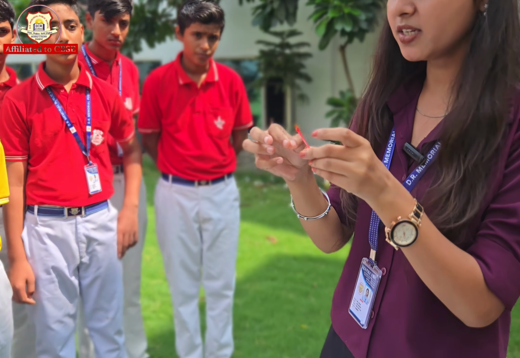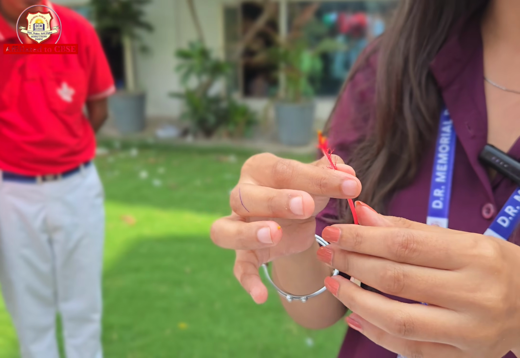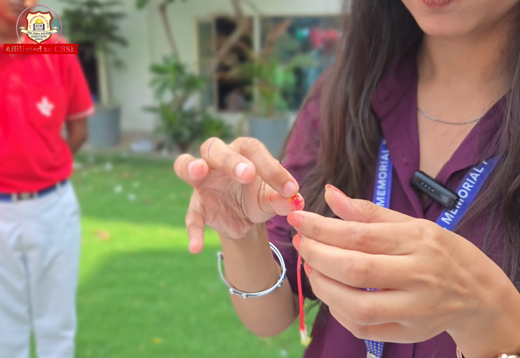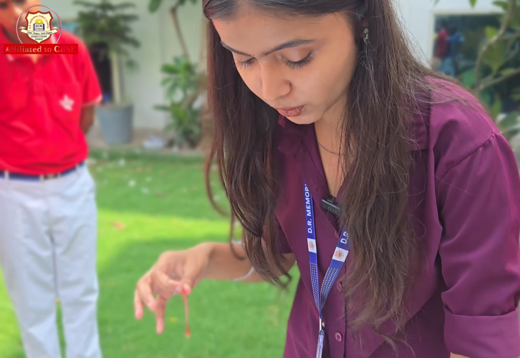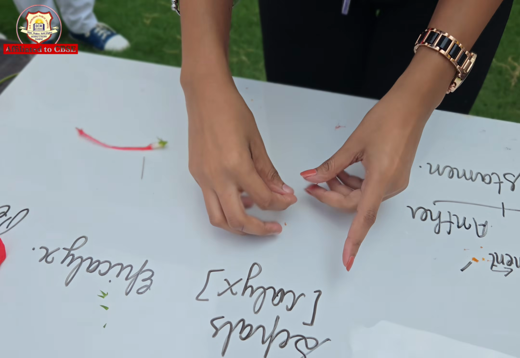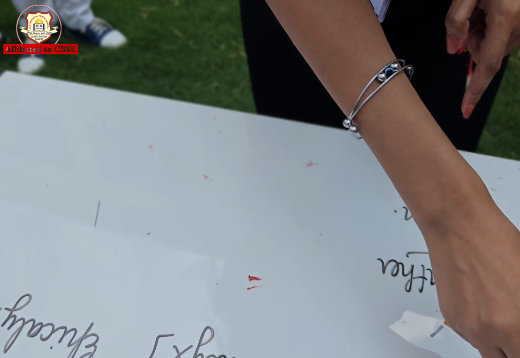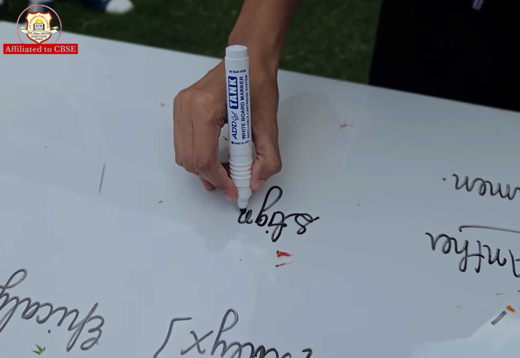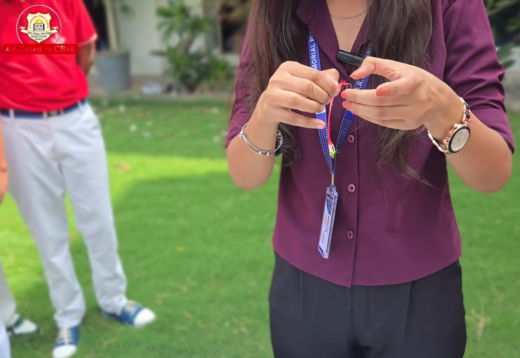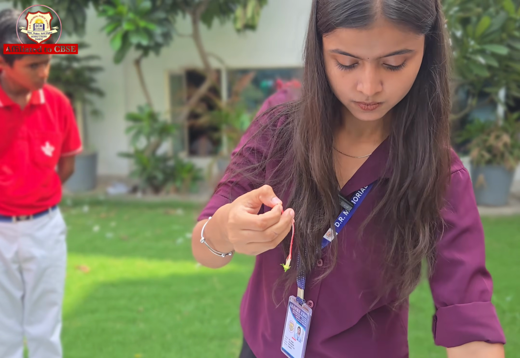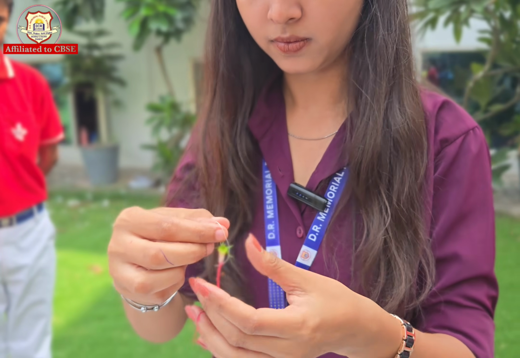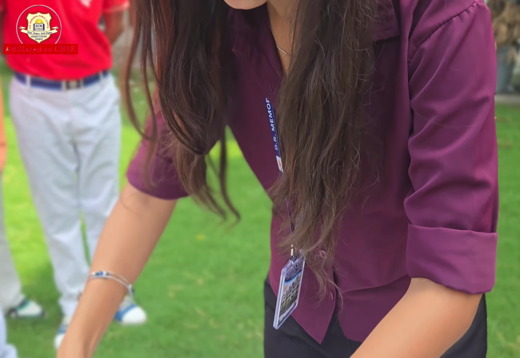Anther secretes pollen grains. That is the gamete of flowering plant. That is the female reproductive part, and it is the stigma. First part of female reproductive part is stigma. It is 4 to 5 in number. That is stigma. Class, this is the style. Second part of female reproductive part.